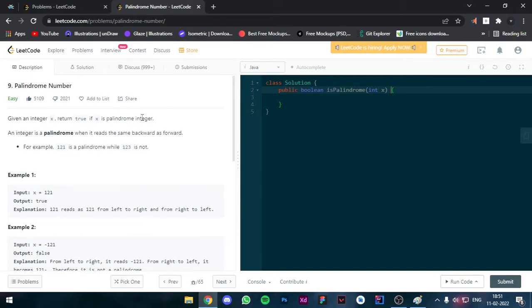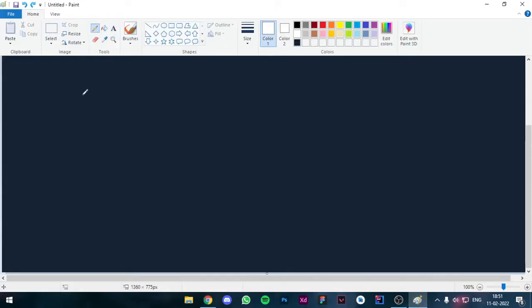So, I'll tell you what is a palindrome. What do we mean by palindrome? I'll let you know. An integer is a palindrome when it reads the same backward. So this means, suppose we take 11, 101, 313, 404. If we read it backwards or we reverse the digits from first to end,